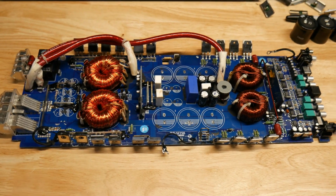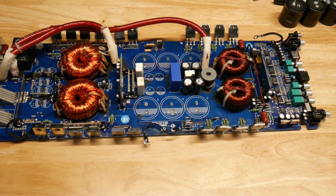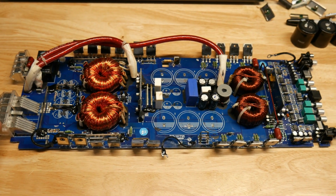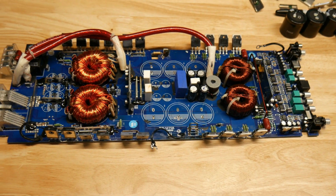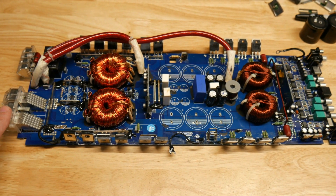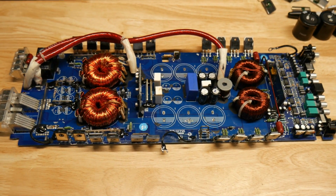What's up, guys? Just doing some amp repair today. I figured I'd share this with you guys. This is one of my old 2013 model BRX2400.1D Hifonics amps. I actually got this one used. I have another one that I've had for a while. It's been great, but this one actually worked, but I took the cover off because, like I said, I had bought it secondhand,